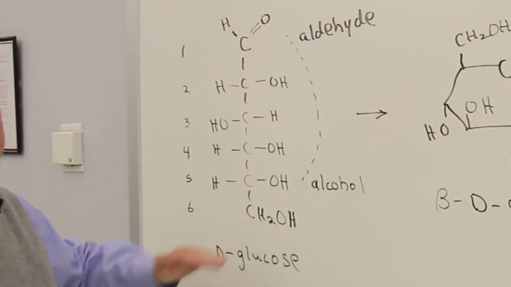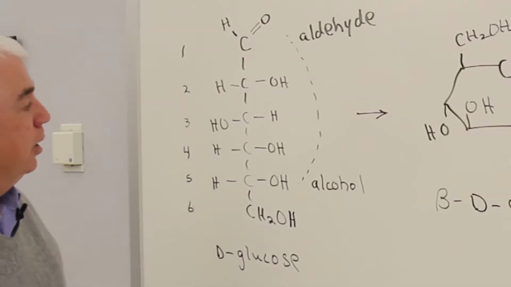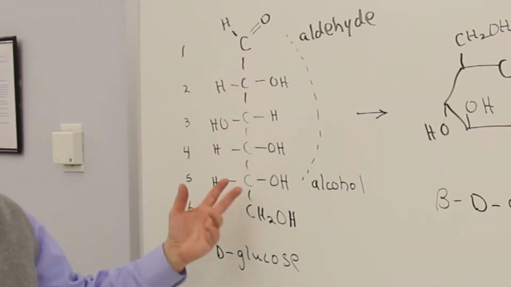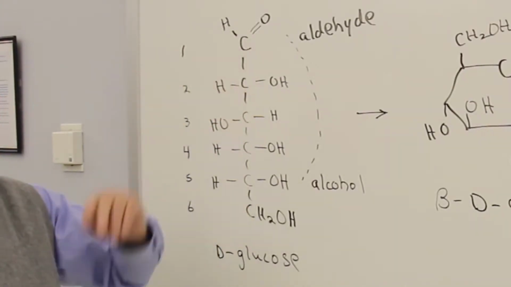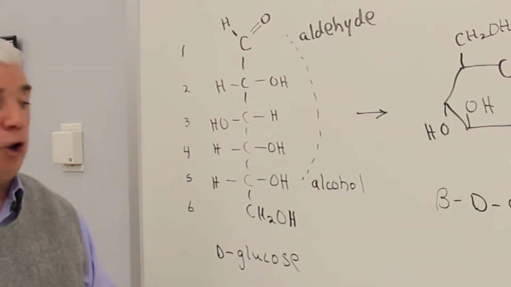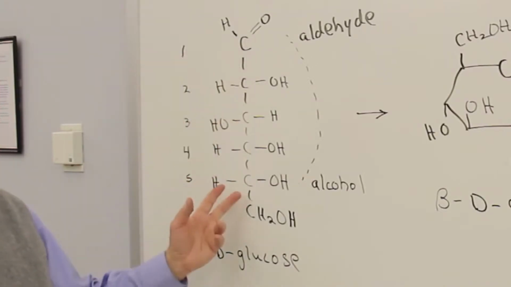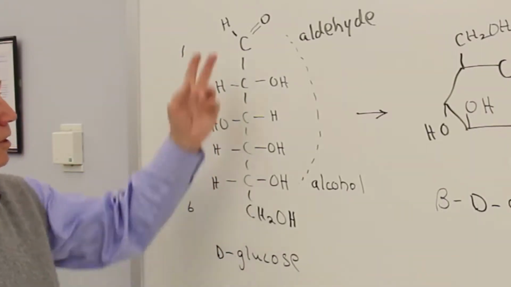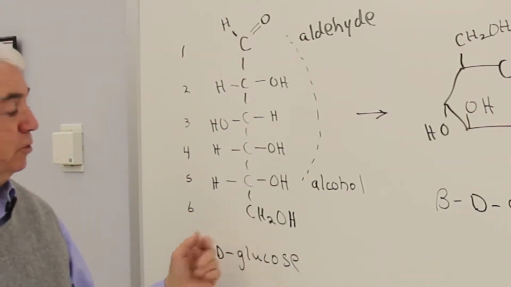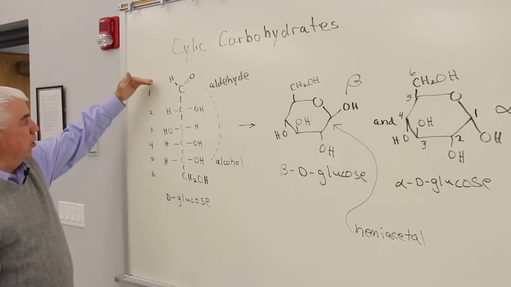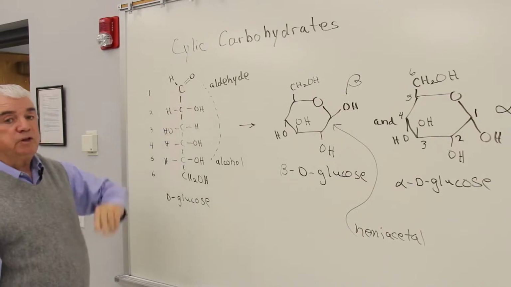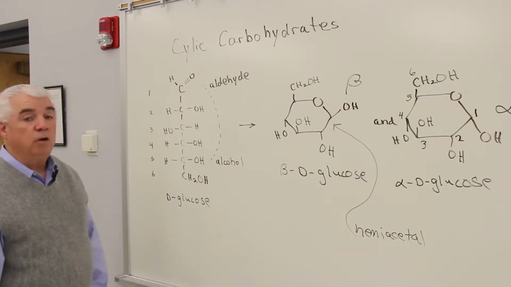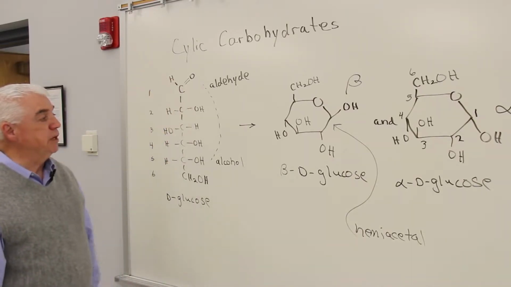Here's the open chain structure of glucose, we call it. This is a typical carbohydrate. There are 6 carbons here. It's got an aldehyde at the top, so it would be an aldose. 6 carbons would be a hexose. This is an aldohexose. And we've numbered those carbons from the top to the bottom, starting with the end where the C double bond O is located, or as near as we can to where the C double bond O